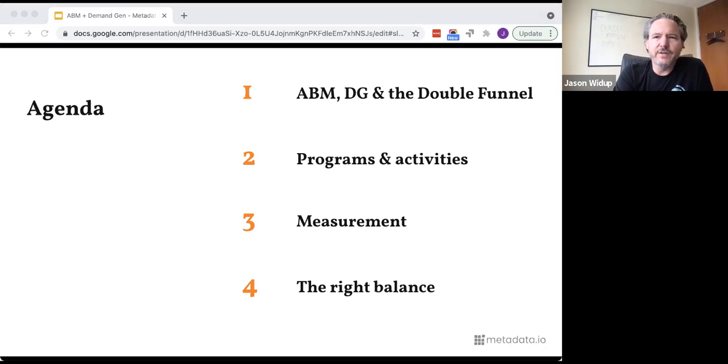So if you've got these two sides of the funnel, what are some important things to think about as you're thinking about measuring? We'll kind of end with how you get the right balance of these two, but we'll really end with